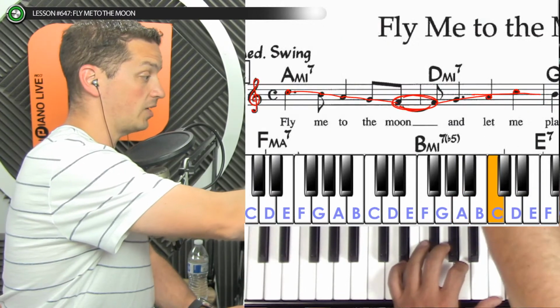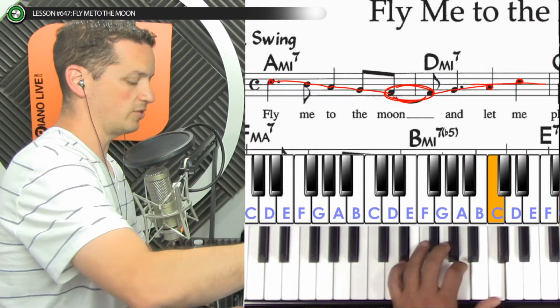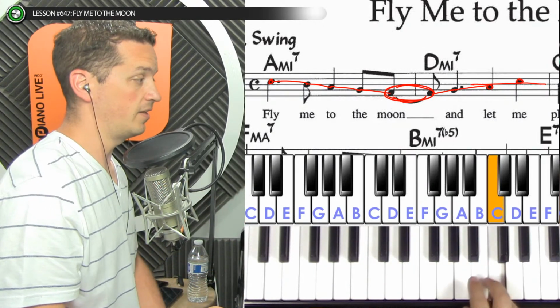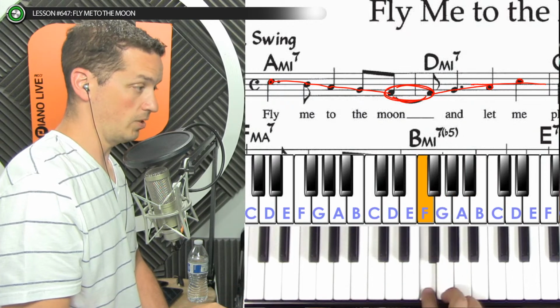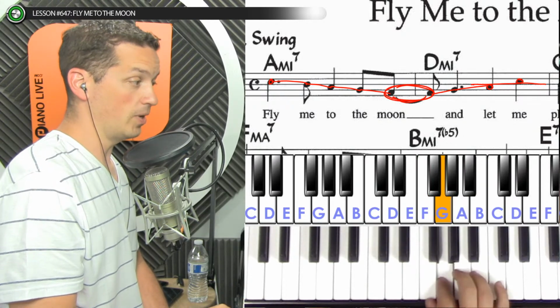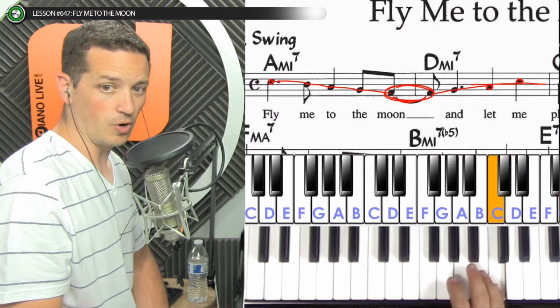So to go back and go a little bit slower through this, what we'd have so far is start on a C and then go down one, down one, down one, down one. Hold on to that one, up one, and skip over.